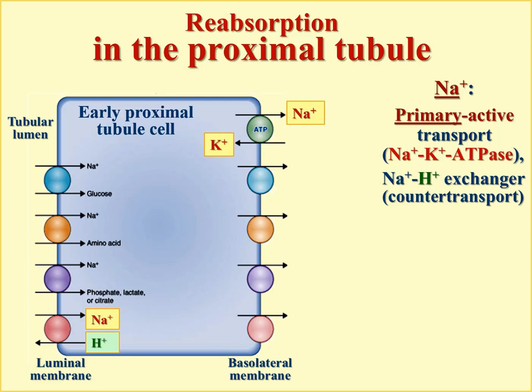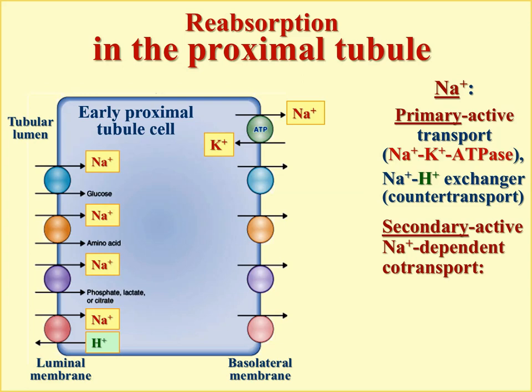This is counter transport, because sodium is transported into the cell and hydrogen out of the cell. This is one of the ways of entry of sodium into the cell. But then sodium carrier proteins transport along such substances as glucose, amino acids, and some ions, some salts. So this is the exchanger, and now we should observe the passive transportation of sodium into the cell by protein carriers